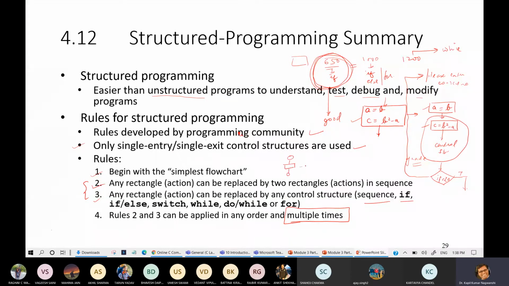After that, it will be further broken into multiple statements. After that, you can include some of the structures. You can use multiple if statements also, and then multiple actions also, and finally this program will print certain output. So this is the practice.